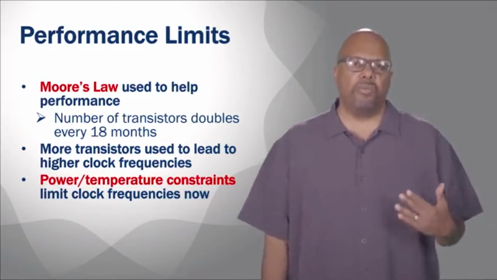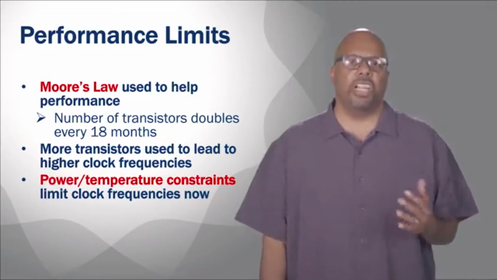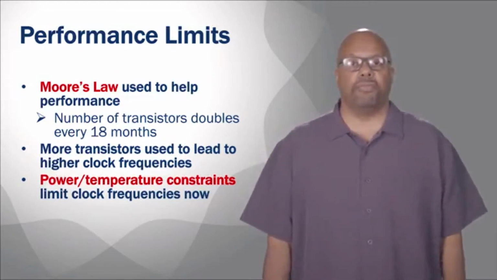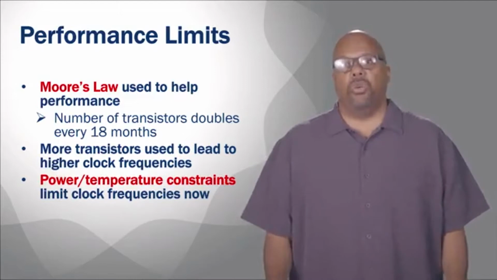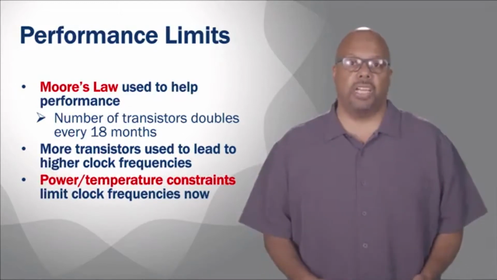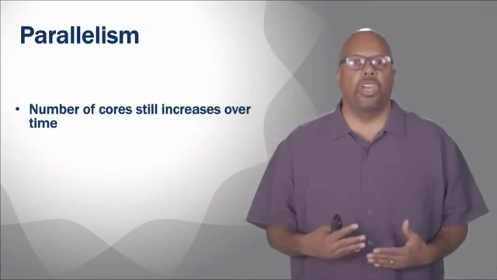So it's a performance limit that's happening with machines. The clock rates are not going up as quickly as they used to over time. So how do you get performance improvement even though you can't just crank up the clock? One way to do this is to use parallelism. It's implemented in a number of ways, but you see this as an increasing number of cores on chips.